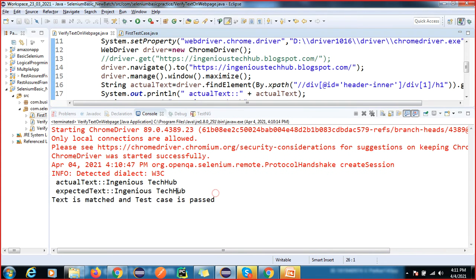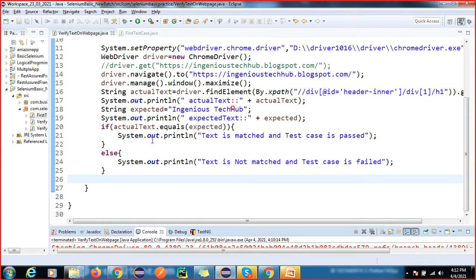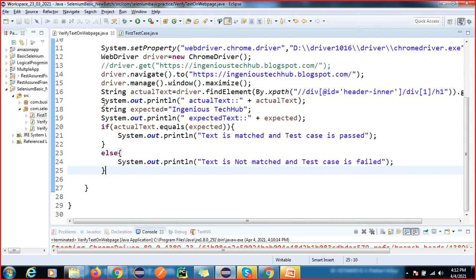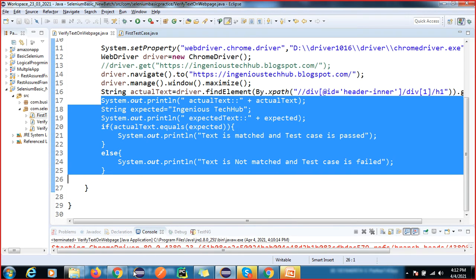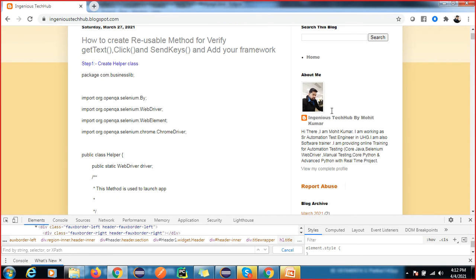It is working fine. So capturing Engineers Tech Hub, comparing, and this. But I want to make this a complete reusable method. So what is the reusable method? I told you, in real time, in one page you have to do 20 validations.